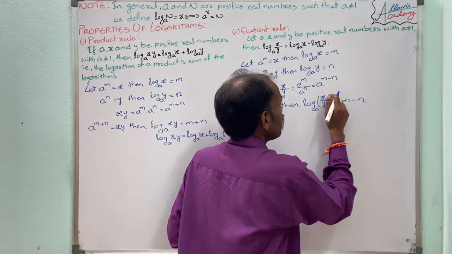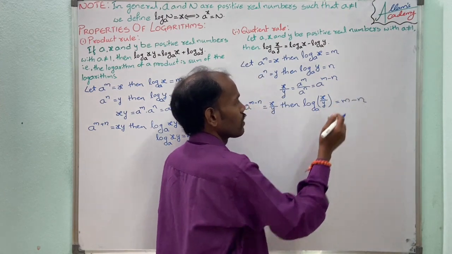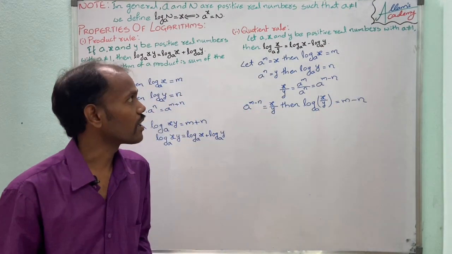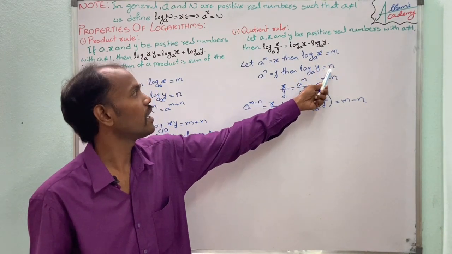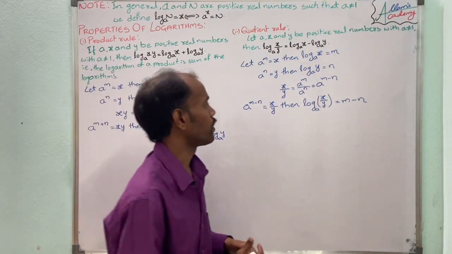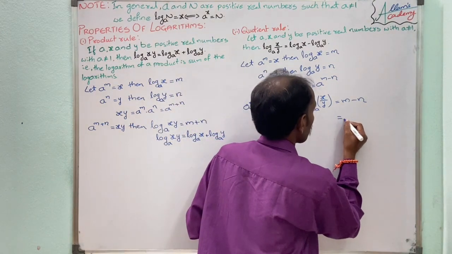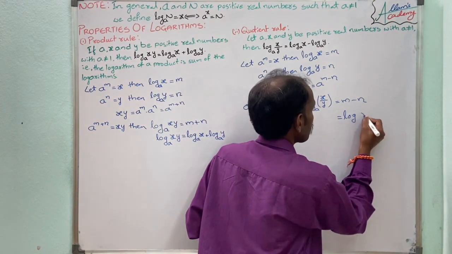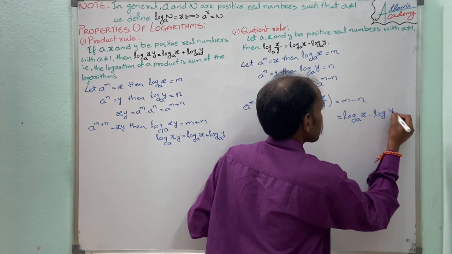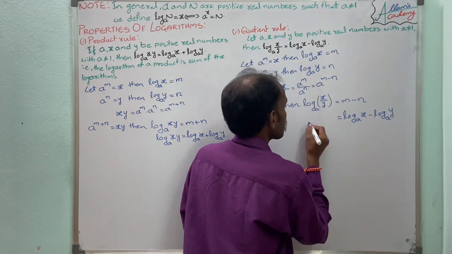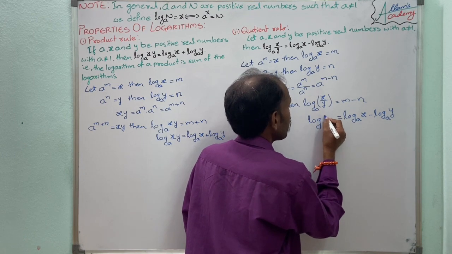So log x by y base a equals m minus n. From here we know that m equals log x base a, n equals log y base a. So that will be log x base a minus log y base a. That is the answer for log x by y